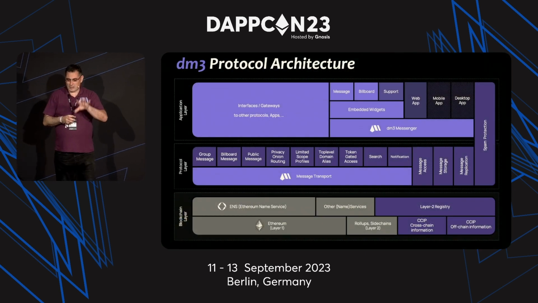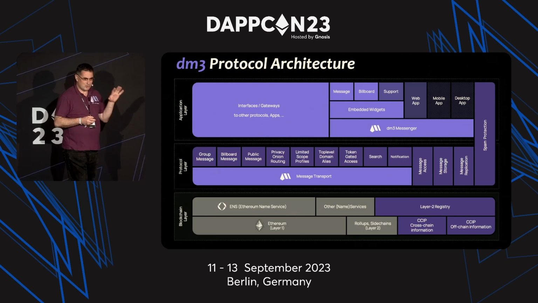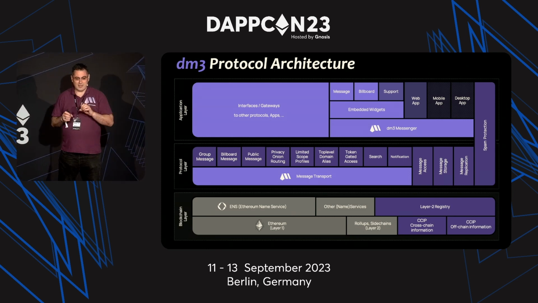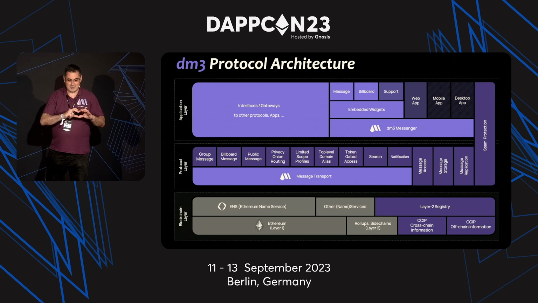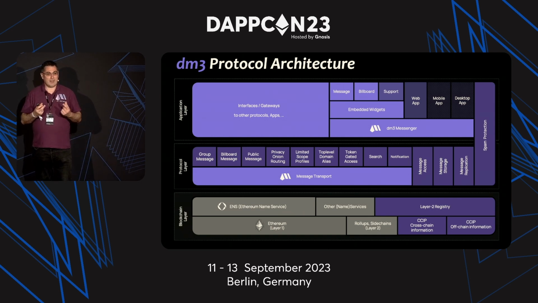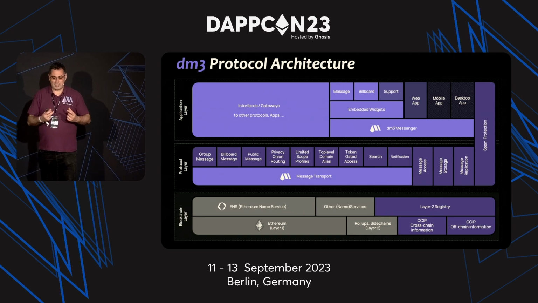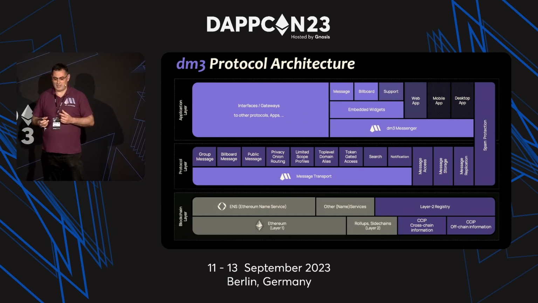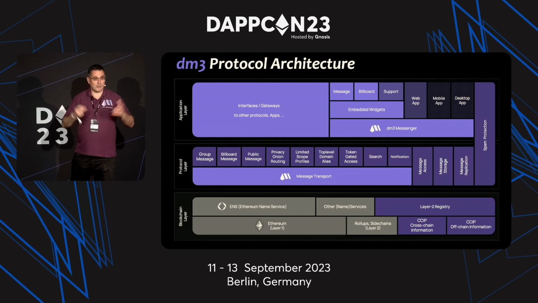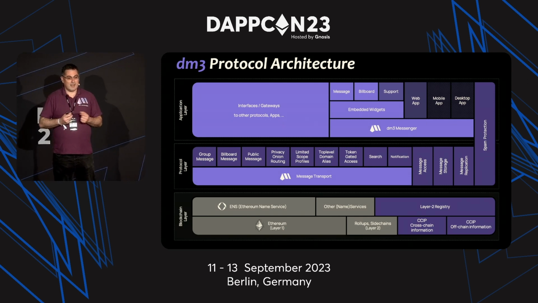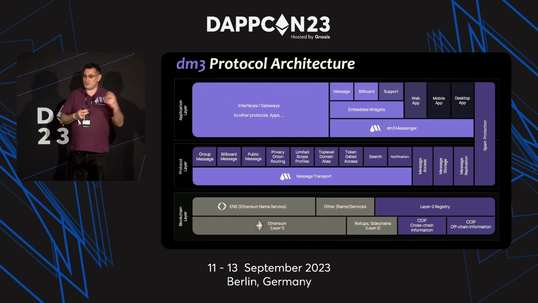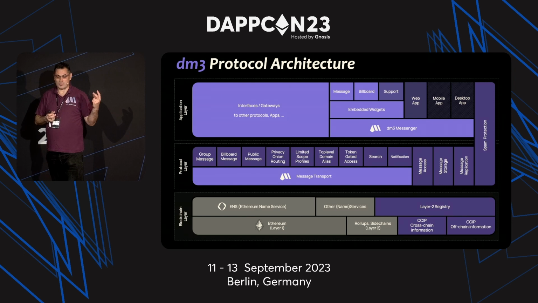So I don't want to talk a lot about this picture. I only want to show it to you. This is the tech stack of the DM3 protocol. We have this base layer on the blockchain with ENS as the registry and also other name services, and the ability to link sources from other places, like layer 2 or centralized services, into your ENS domain, so that you can share your profile if it is on layer 1 or on any other location where you have stored it.